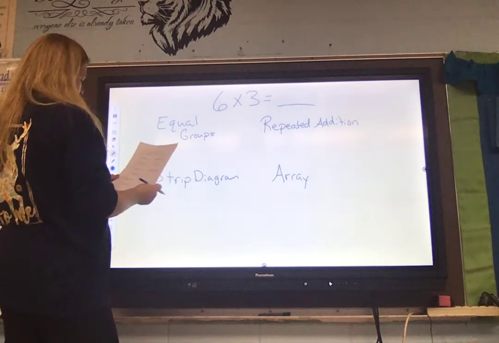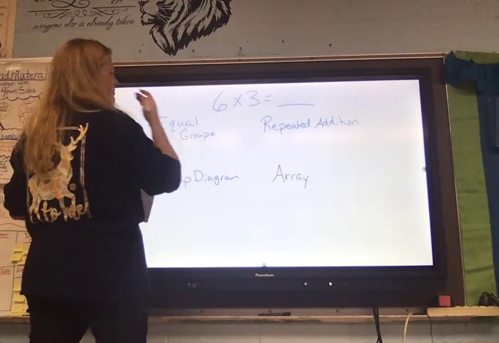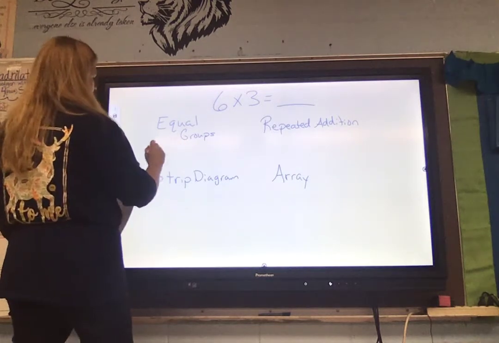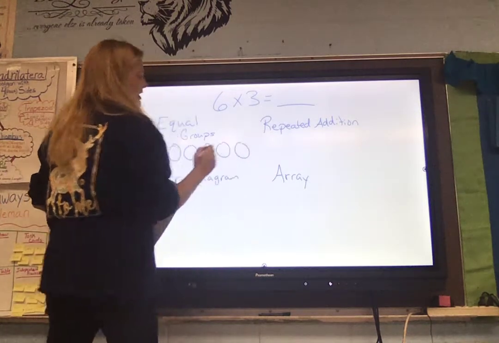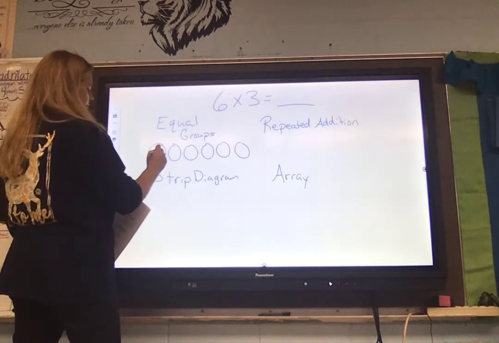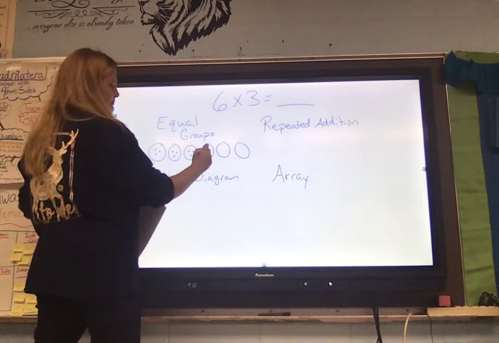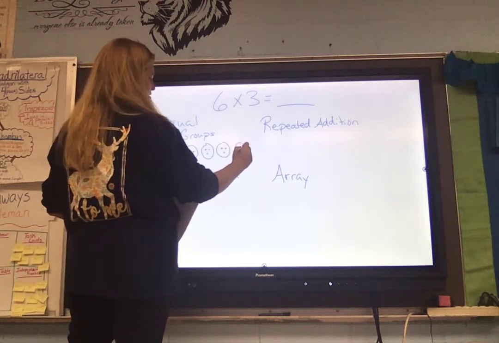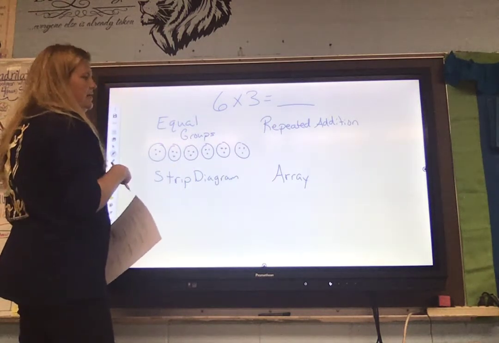Okay, so on your equal groups, if 6 is your first factor, groups always come first. So that will be 6 groups of 3. They draw 6 groups, and they're going to put 3 in every group. To get the answer, they can count all of those dots that they used, and that will tell them what